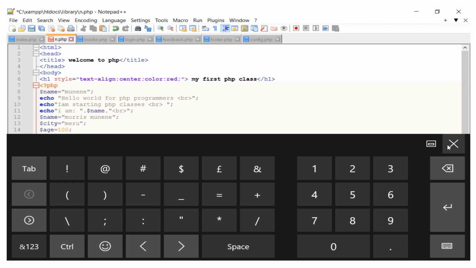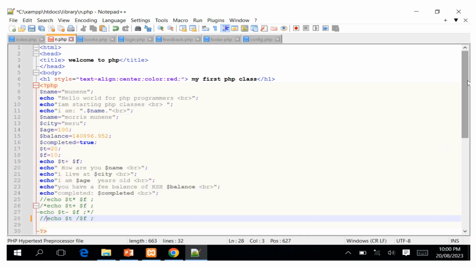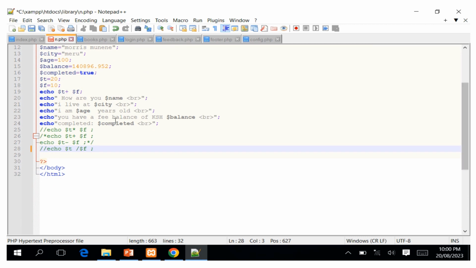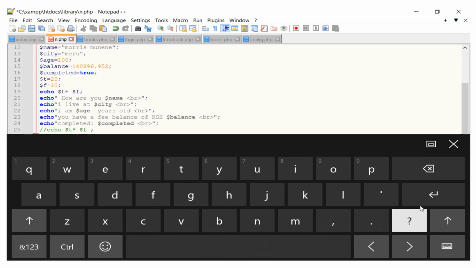And then the first one that we can have here, remember, in these arithmetic operators,